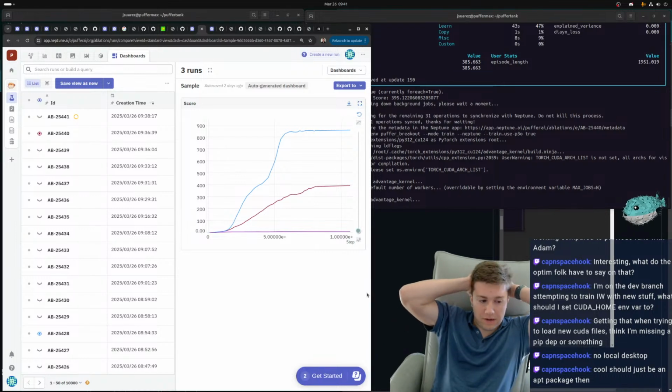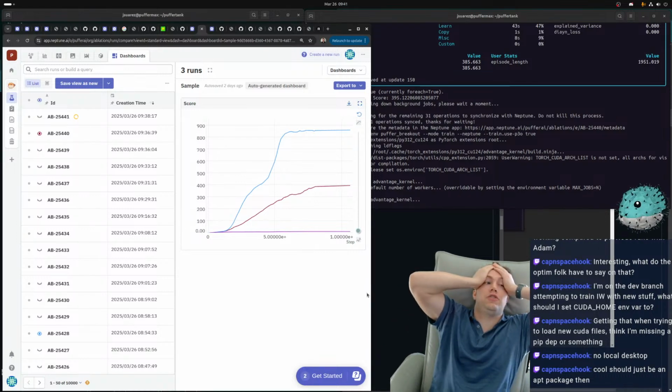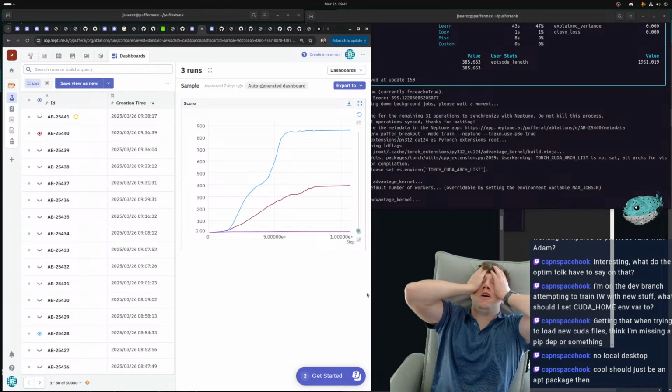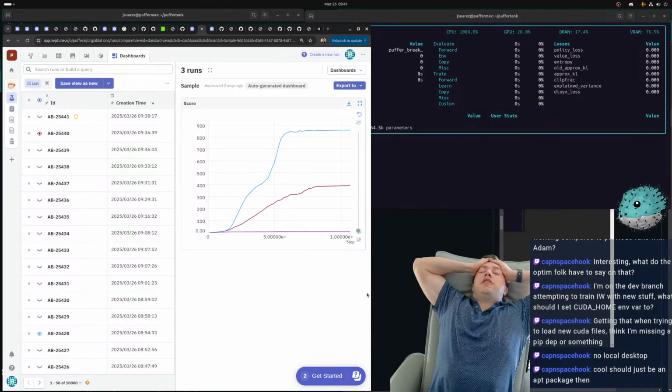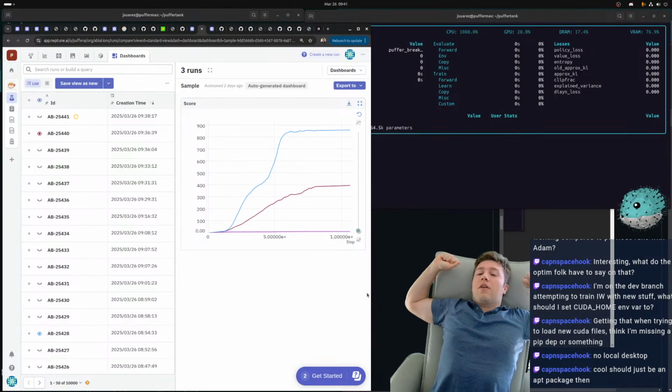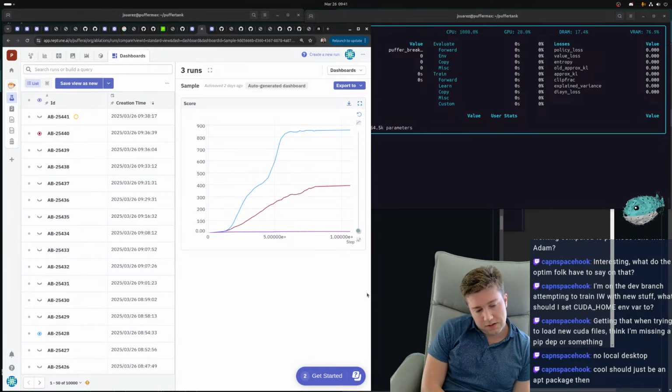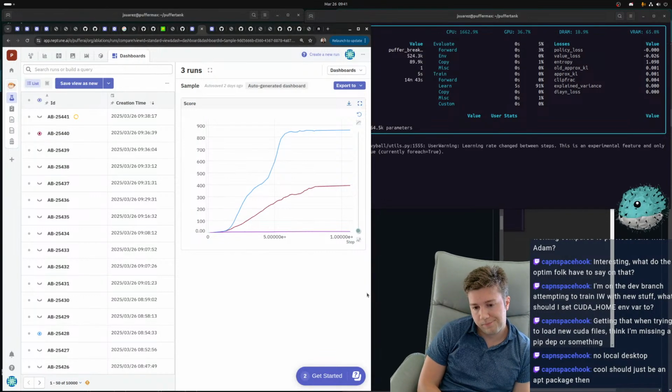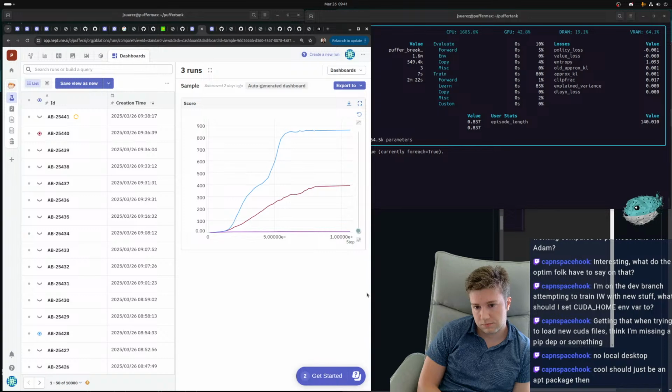I don't want to just sit here manually tuning hyperparams all day. That's a huge waste of time. But I do want to develop some understanding of this problem and how we can fix this thing. This could literally just be as simple as retuning.